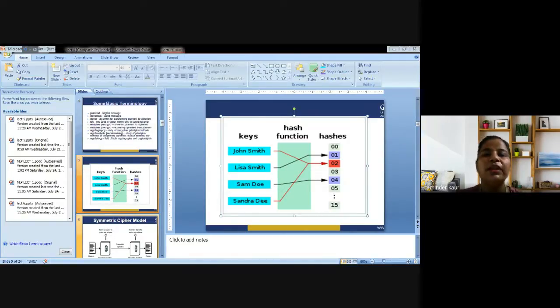In addition, the keys may be of fixed length like an integer, variable length like a name, or in some cases the key is the datum itself. So the output is the hash code that is used to index a hash table holding the data or records or pointers to them, like we are already seeing in the example. We are using pointers here.